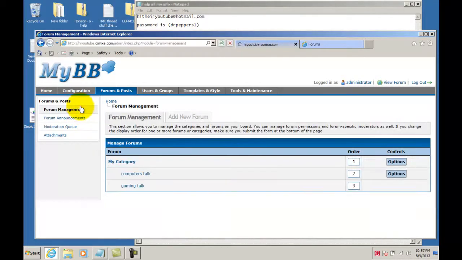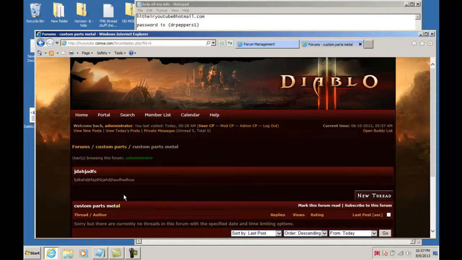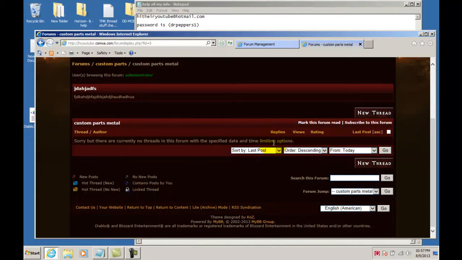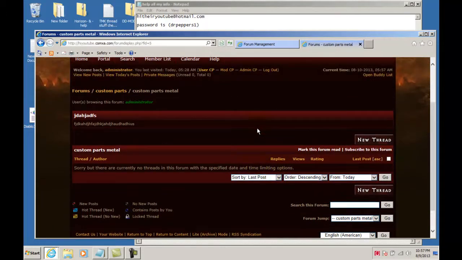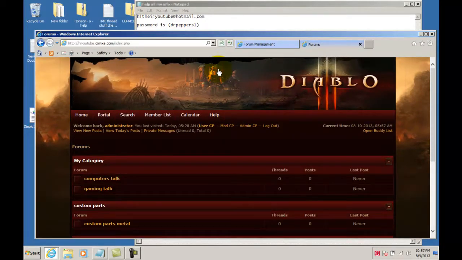It's been saved. Now what we're going to do is look at custom parts metal. Yes, see, these are the rules, and as you can see, you can actually do a lot with that. So the potential is actually there. All you have to do is pretty much very, very simple. Very nice. Okay, that's it for the